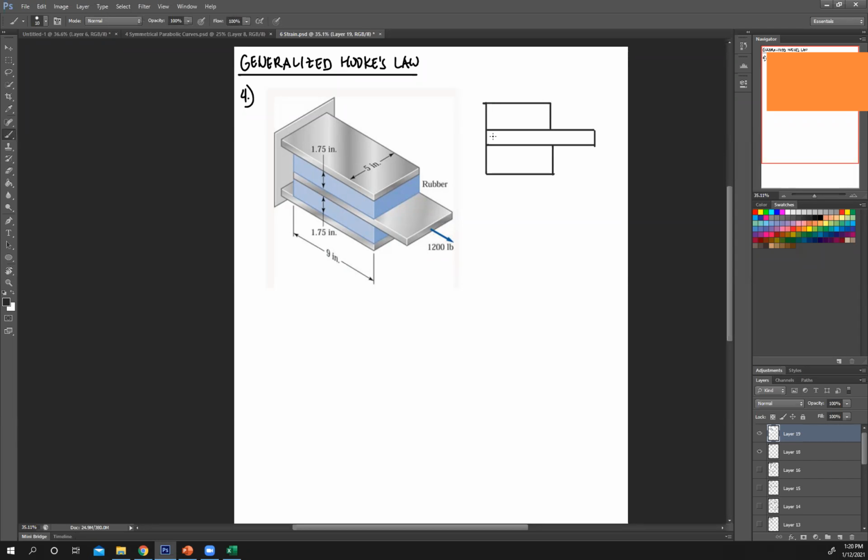Now, because of this force, this middle plate will now move towards here. Okay, so it's not able to actually move this way. This is the last position because it's being restricted by these two pads. So instead, it's gonna deform this way. So this is now your displacement. So this is your sigma s, and that is what we're looking for, sigma s.